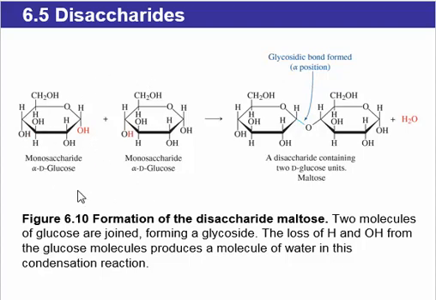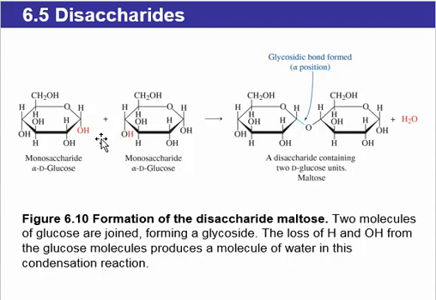So let's look at the formation of a glycosidic bond between two monosaccharides, and on the slide we have the Haworth projection of 2 alpha-D-glucose, and we see the hydroxyl group on the anomeric carbon is below the plane, so they're both alpha-D-glucoses. So the anomeric carbon on the left, the molecule on the left, has a hydroxyl group that is in red. And I know this is the anomeric carbon because it is the only carbon that is bonded to two